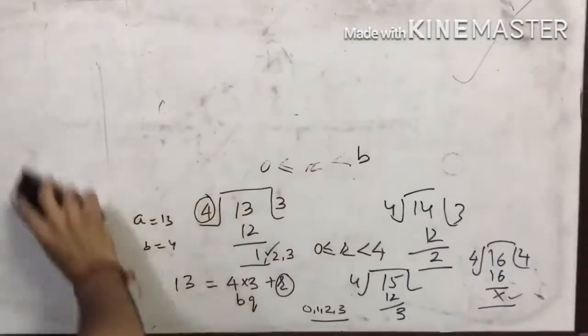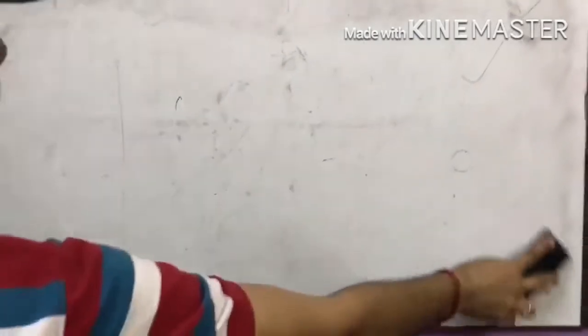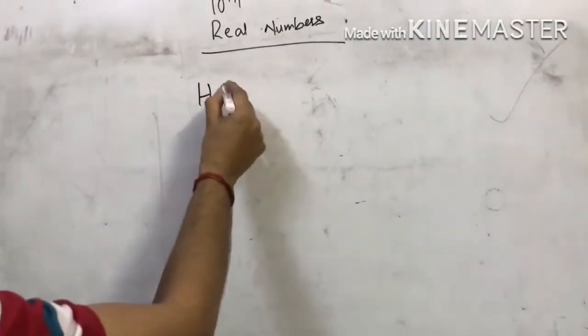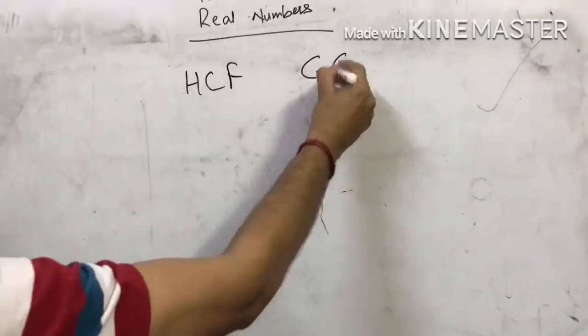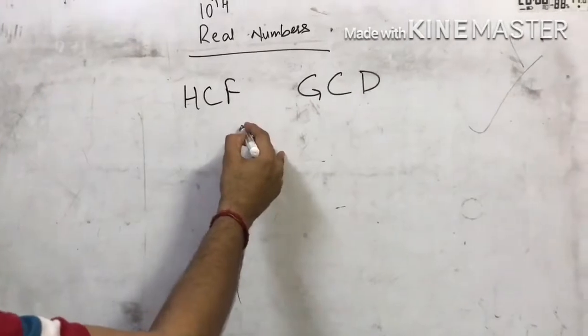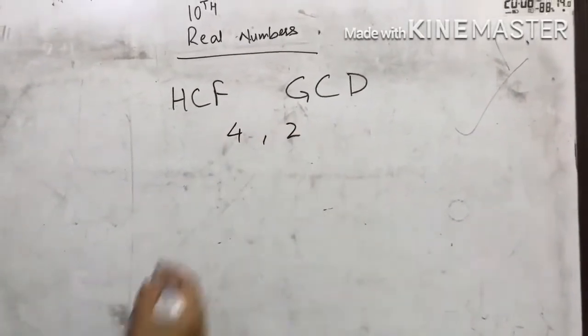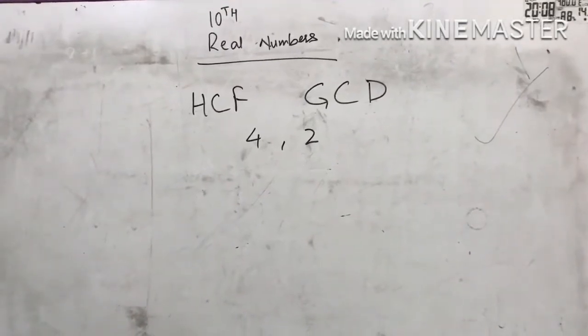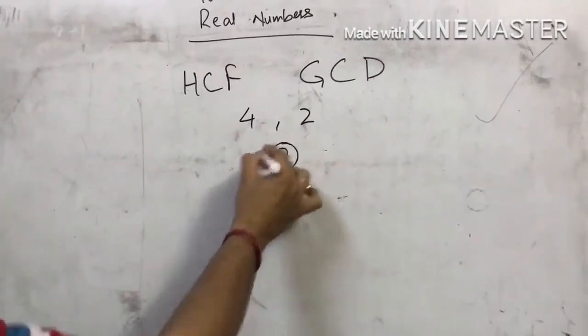What is HCF and what is LCM? Now, HCF means highest common factor. You can also call it GCD, greatest common divisor. If you have two numbers 4 and 2, so highest common factor will be 2,